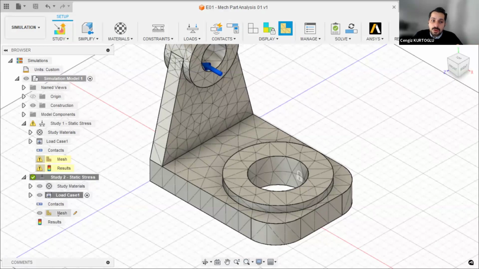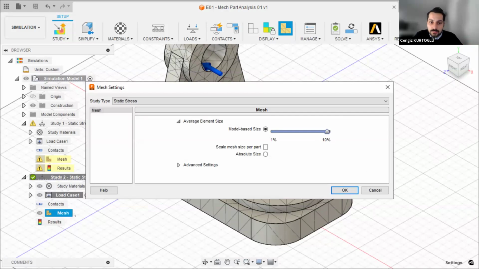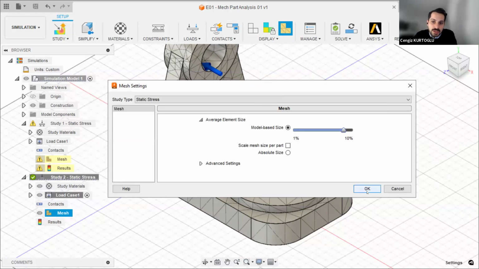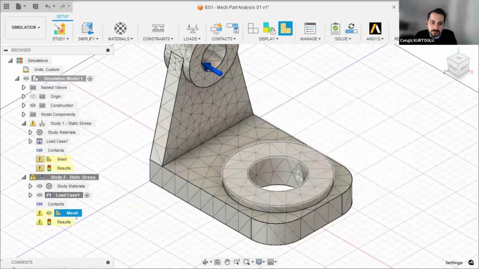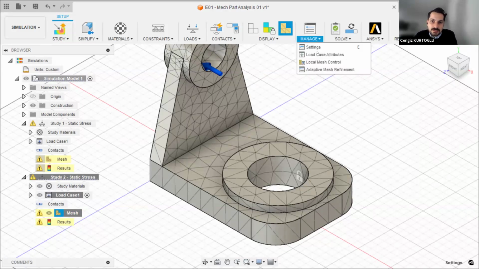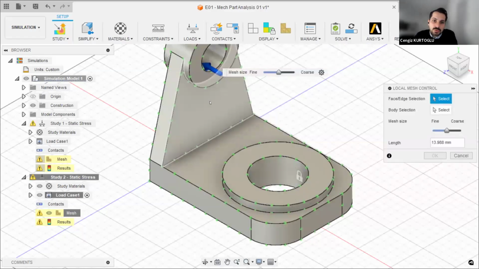If you need a more detailed mesh, you can add it by pushing the little icon here. For example, I'm changing the parts, and you need to generate the mesh to assign the new settings. You can also access the E-key settings here, and local mesh control. For example, if you need more mesh results here,